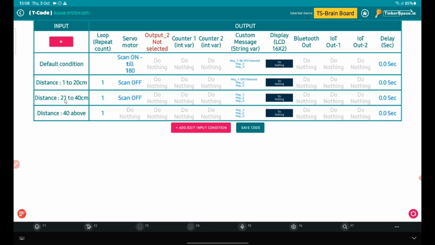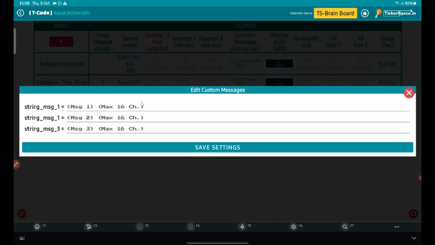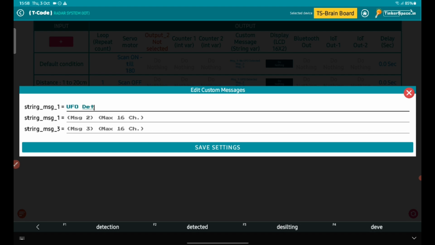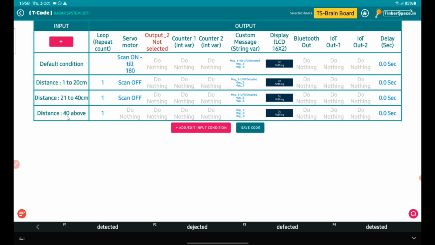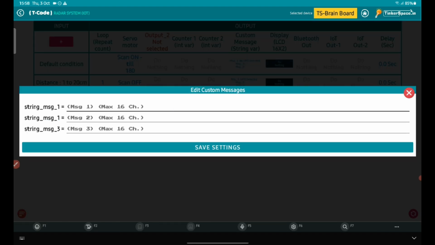In the distance 21 to 40 cm, in custom message, I will type UFO detected. Now click on save settings. In the distance 40 above, in custom message, string message 1, I will type no UFO detected. Now click on save settings.